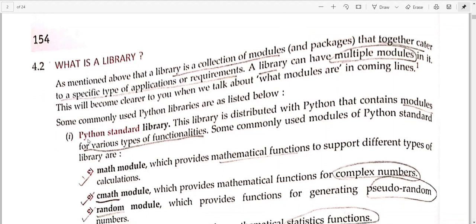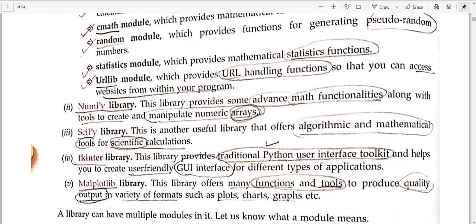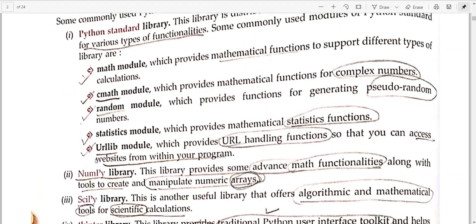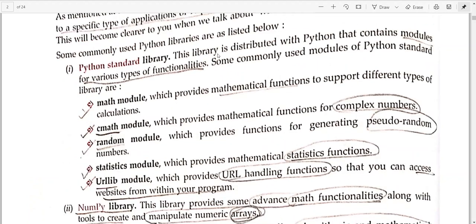The Python standard library is automatically downloaded when you download any version of Python. This is the standard library that will automatically get downloaded. For other libraries you need to download them. These standard libraries are automatically downloaded, and they offer various types of functionalities to you.